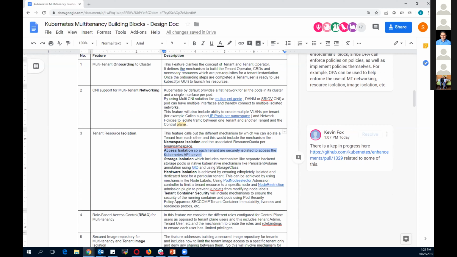One point I want to mention here is that firstly, these are all good points. Now, the key point is how opinionated do you want to be about reference implementations? Because some implementations would choose to have an ingress per tenant, and some implementations would choose to have a shared ingress across tenants. Are we in the business of specifying every combination of multi-tenancy options, or just showing one reference?